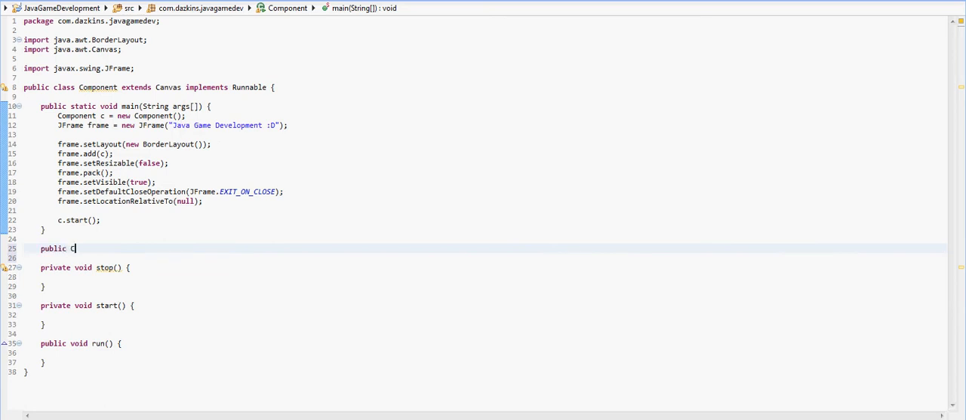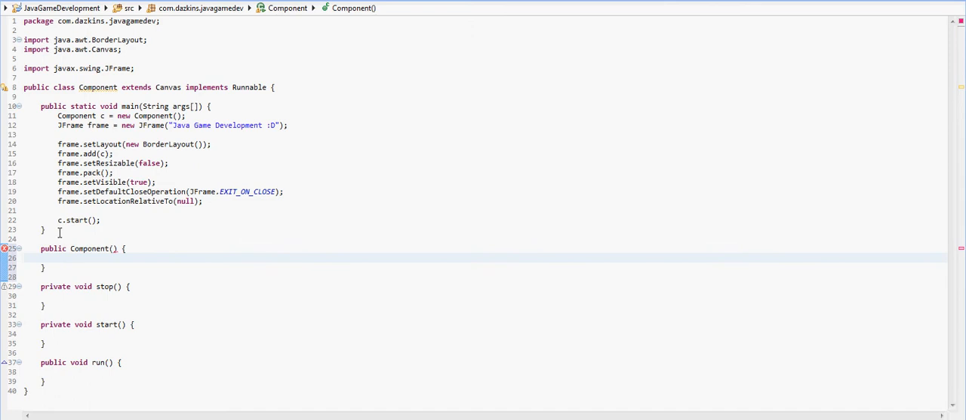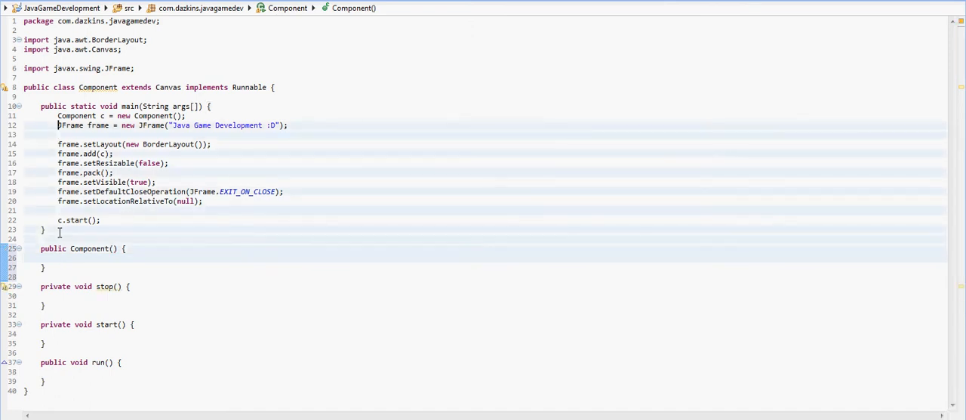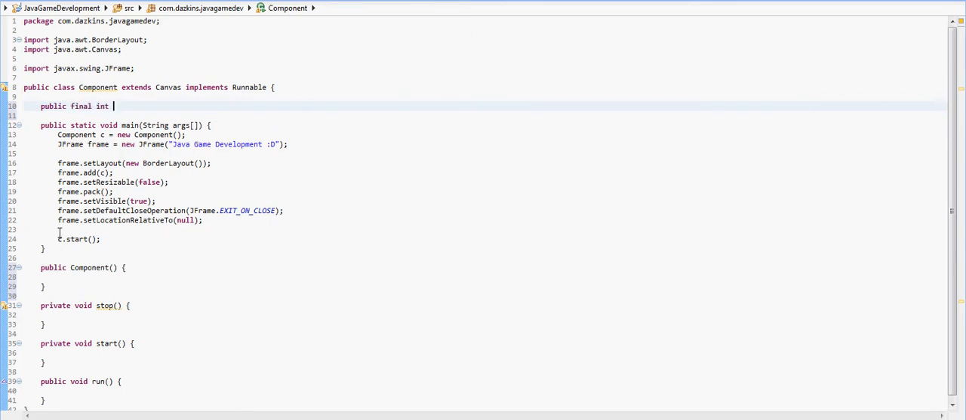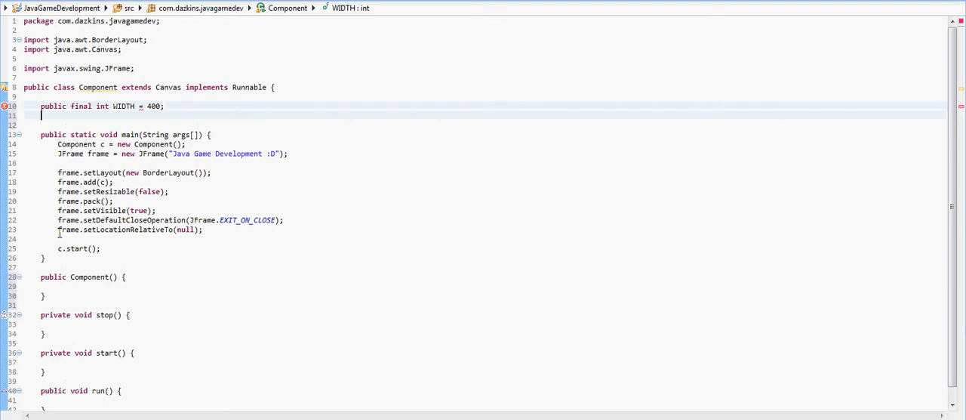So we're going to put public component, like so, and we're going to want to put a couple of variables at the top here. So public final int width equal to, I don't know, what should we make this? 400. Public final int height equal to 300. Or maybe we can knock these down a notch. You may think this is going to be a really small window, but it won't be, because